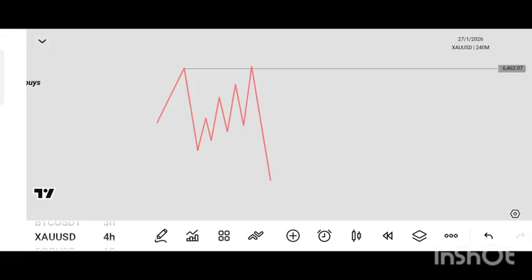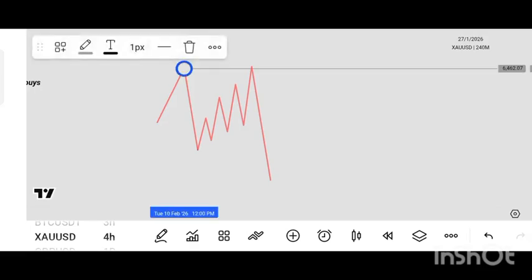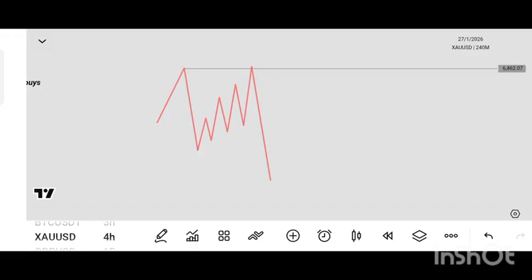I'm still going to be showing you, not in this video, but in the next video that will be coming next week, how to know if this particular key level will hold or not. How to know if it will hold or it will not hold. Alright, so